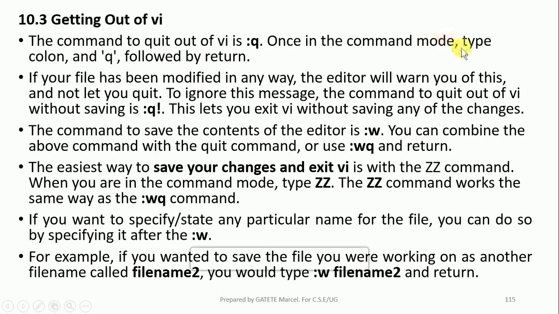Once in command mode, type the colon, the double dots, and type the q key followed by Return. Return means Enter. In such a case you will lose whatever you have typed because you didn't save. If your file has been modified in any way, the editor will warn you. If you have modified some content of the file, the editor will tell you that you are about to quit and suggest you save